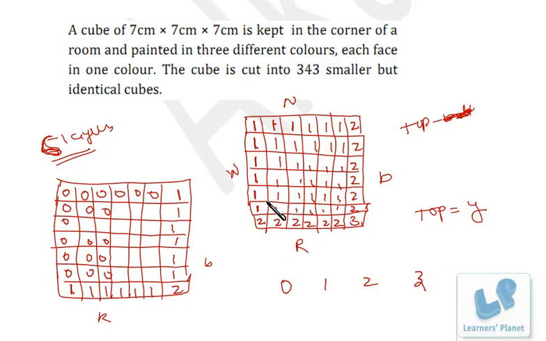Now if you wish to count how many pieces there are having 3 colors, right? 1 red, 1 blue and 1 yellow. So that's a single piece, this piece having 3 colors. This side is red, this side is blue and the top is yellow. Okay, so this way you can answer all the questions, right? 5 questions are associated with this information. Okay, I hope you are clear.